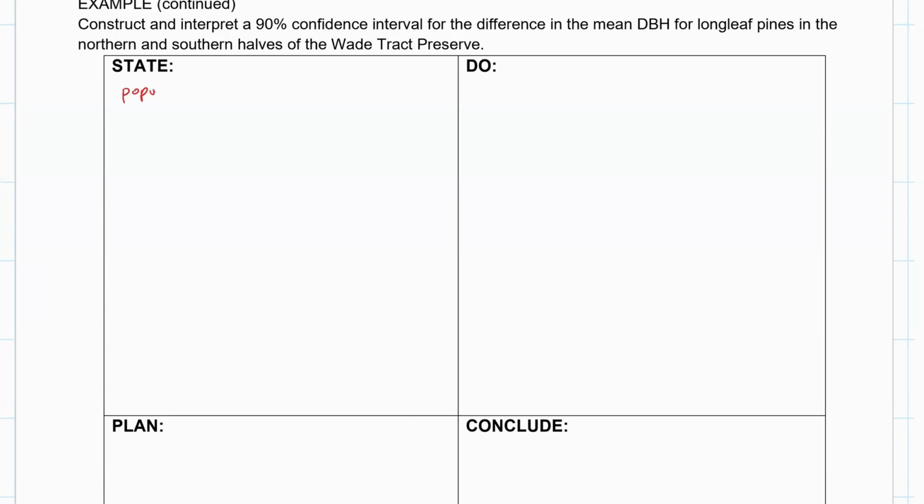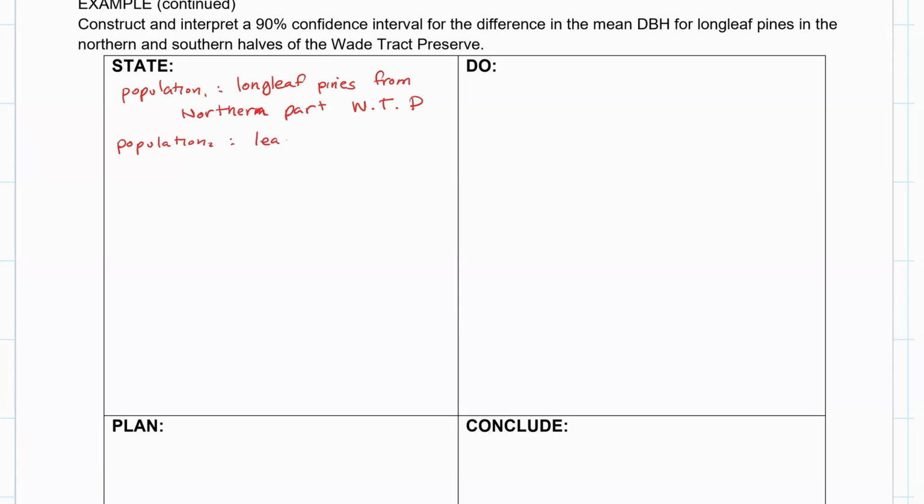Since this is a two sample, we have two distinct populations. Population one, which is going to be longleaf pines from the northern part of the Wade Tract Preserve, and population two